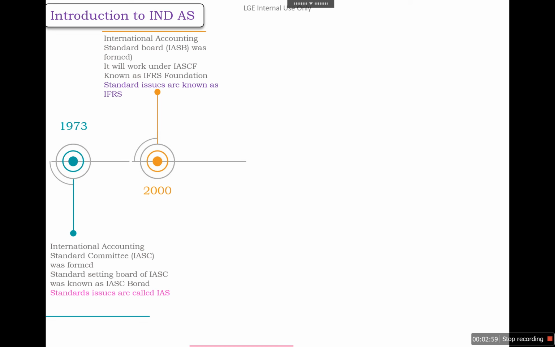the IASB was formed, and it was decided that it will work under the IASCF, that is known as the IFRS Foundation, and the standards issued by the IASB are called IFRS. So there were two standards that were issued. One is the IAS, and later on, for the purpose of uniformity in the global environment, the standards that were issued were called IFRS. Later on, in the year 2002, a regulation was passed by the European Union to prepare financials as per IFRS since 2005,